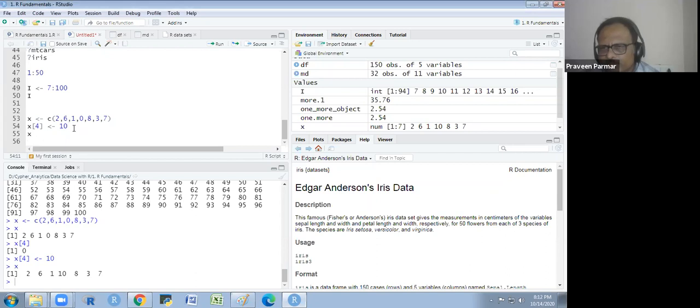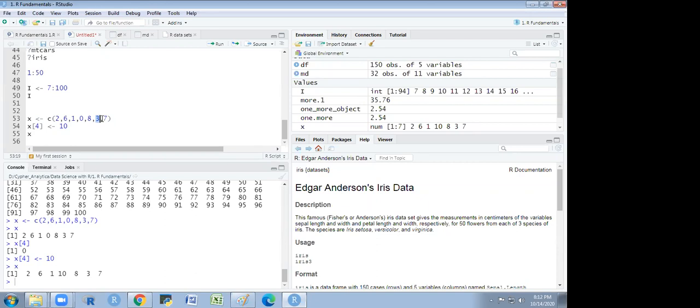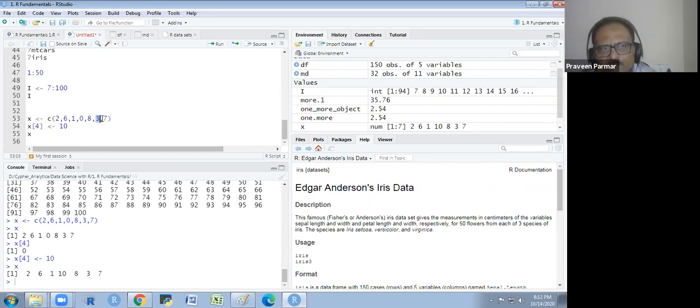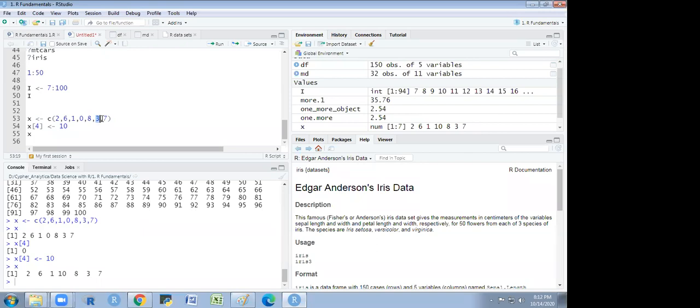We want to substitute something. Instead of 3, you want to substitute 13, suppose. So what will you do? Tell me, Fidelma, can you tell me what should I write in the square bracket? What number should I write? Instead of 3, right, I want 5. 5. You count 1, 2, 3, 4, Sir, 6.